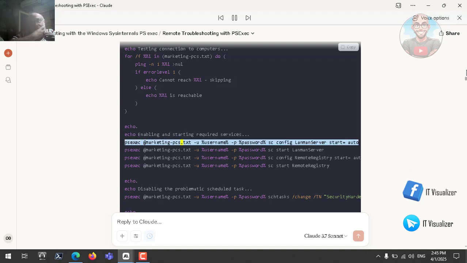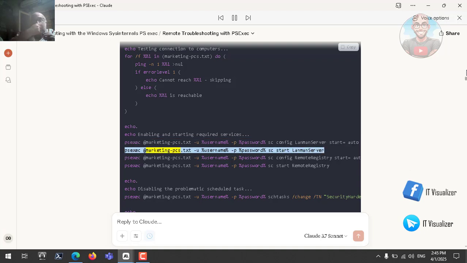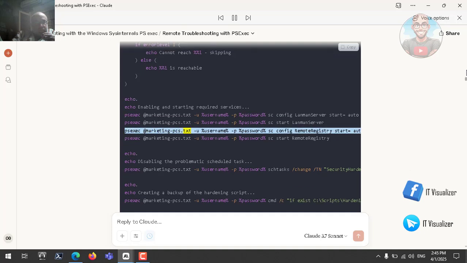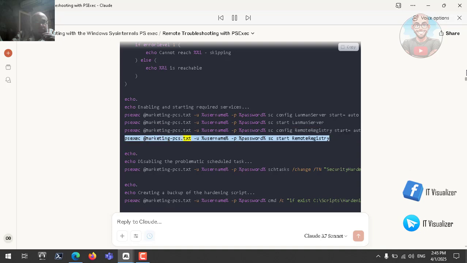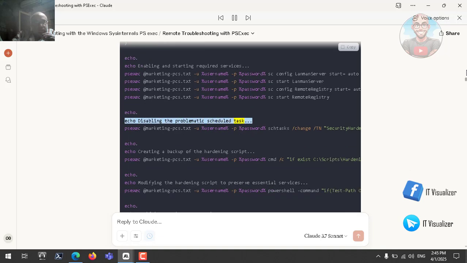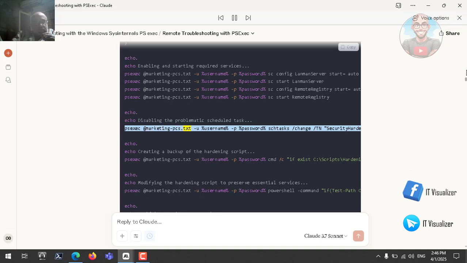psexec @marketingpcs.txt -u %username% -p %password% sc config LanmanServer start= auto. psexec @marketingpcs.txt -u %username% -p %password% sc start LanmanServer. psexec @marketingpcs.txt -u %username% -p %password% sc config RemoteRegistry start= auto. psexec @marketingpcs.txt -u %username% -p %password% sc start RemoteRegistry. echo Disabling the problematic scheduled task. psexec @marketingpcs.txt -u %username% -p %password%